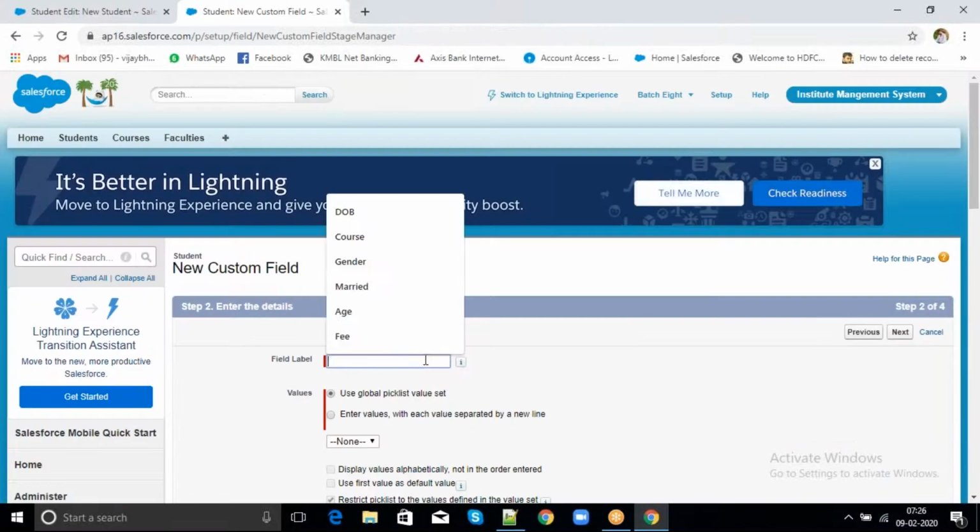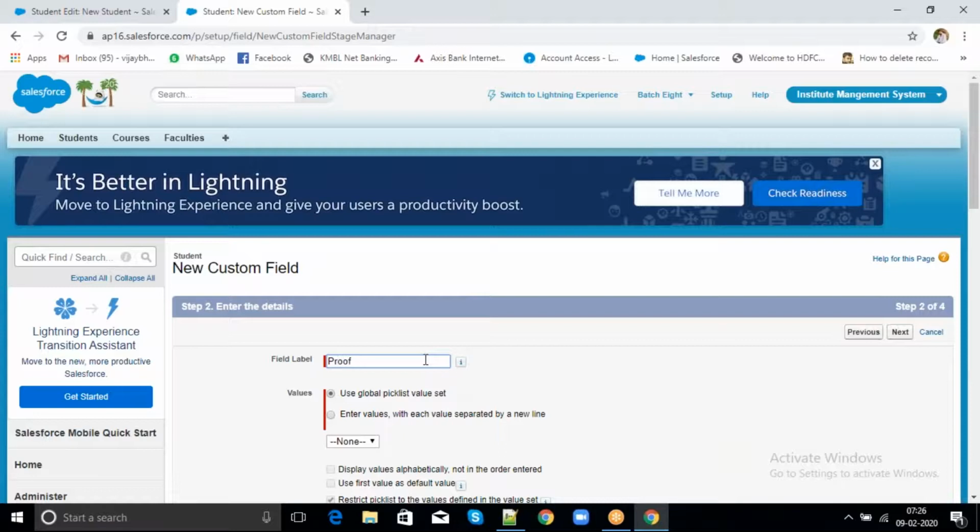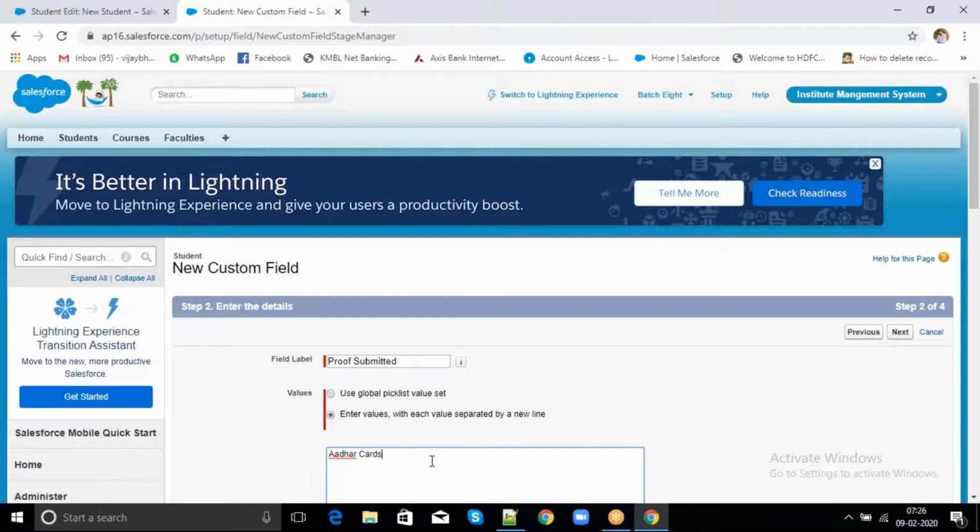Click on next. If I want to submit any proof, what proofs can we submit? Aadhaar card, PAN card, voter card, driving license, or marriage certificate.